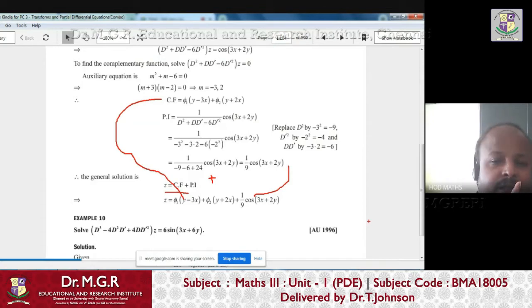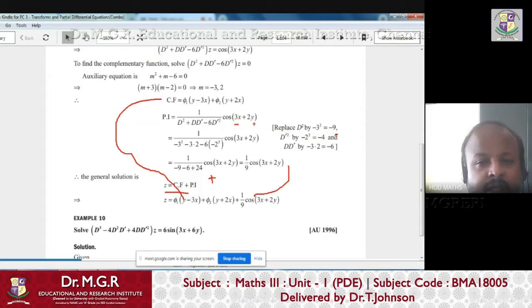Complementary function plus particular integral, right? So this is the way we can solve the problem. Very simple, straightforward one. But remember, you have to put only for the D square term, DD dash term, and D dash square term. Only for that you have to substitute minus of coefficient of x value square, and